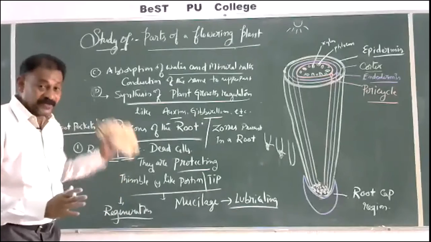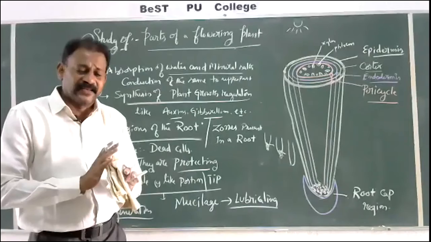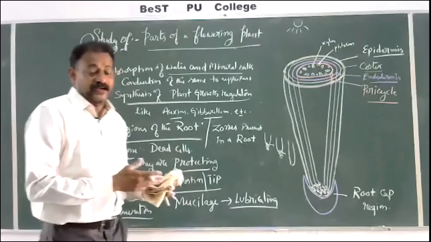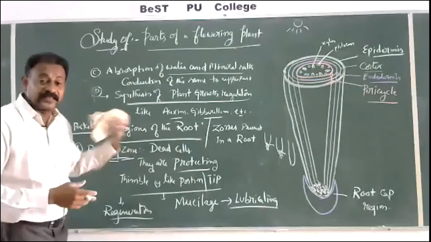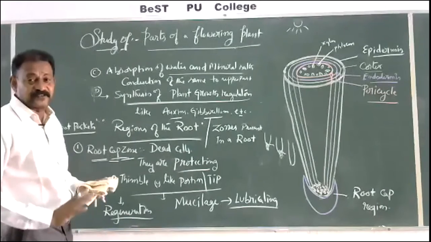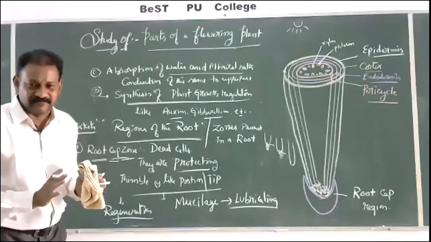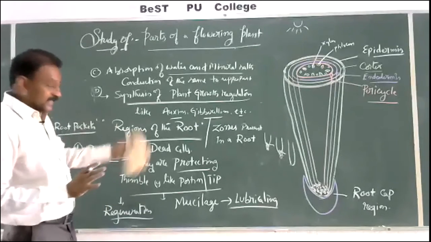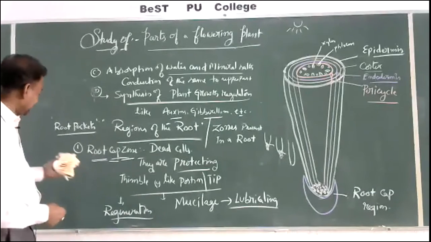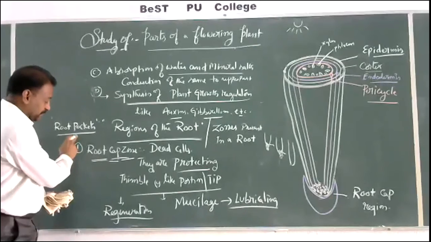My dear students, our class constitutes all the concepts of not only PUC, CET, NEET, but all the national level examinations. So sometimes it looks complicated and more than the required, more than the surface of the NCERT. Sometimes it may be around the surface, deeper layers of the surface. So whenever we take a class, we have to complete that class completely, so that we only need refreshing at the time of the examination. A few more details: root pockets lost the capacity of regeneration. They cannot be regenerated.